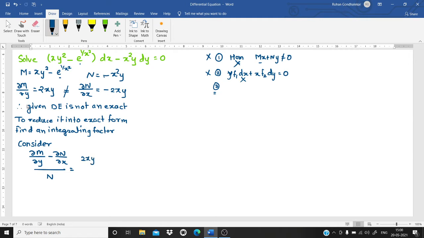It is 2xy minus ∂N/∂x, which is minus 2xy, divided by N. What is the value of N? Minus x square y. So this minus minus becomes plus, and what am I getting? 2xy plus 2xy becomes 4xy divided by